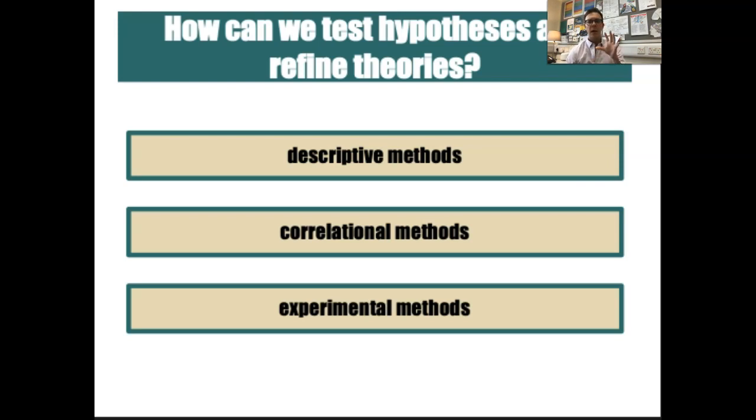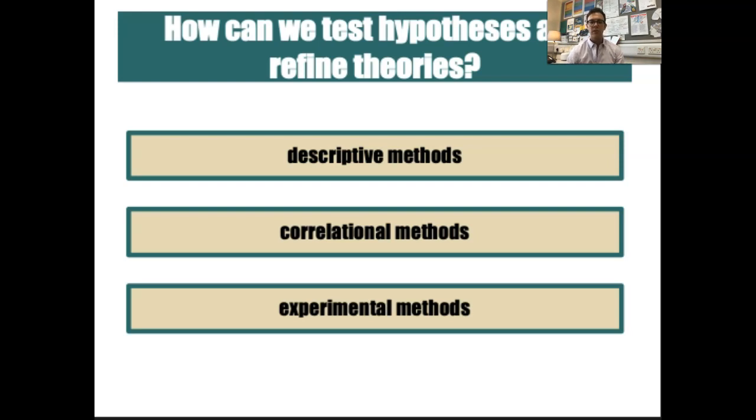So now that we know what a hypothesis is, and now that we know the purpose of them, they're either to prove or disprove theories, we need a research method. That's the next step in our research, okay? And there are 3 different types of research methods: descriptive methods, correlational methods, or experimental methods. And we're going to focus more so on the descriptive methods today, looking at case studies, naturalistic observations, and surveys,